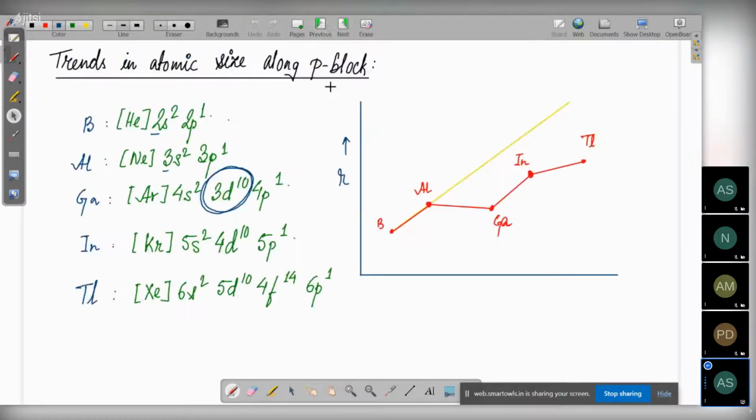Because there are 10 d electrons in gallium, they exert a poor screening effect, because f has the worst screening effect, followed by d. For d also the screening effect is not something good, so it too has a bad screening effect. So that is what is written: for gallium, we have these 10 d electrons which exert a poor screening effect,